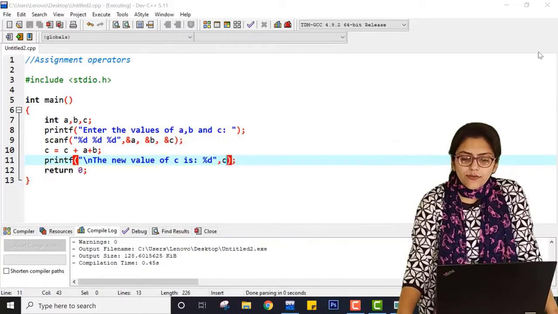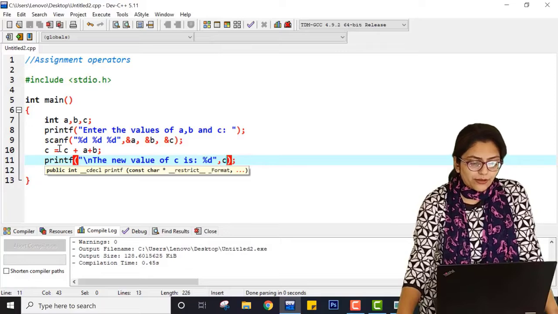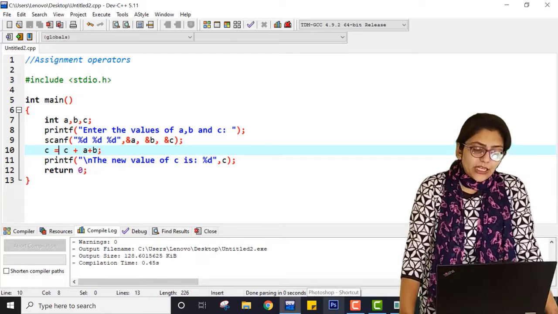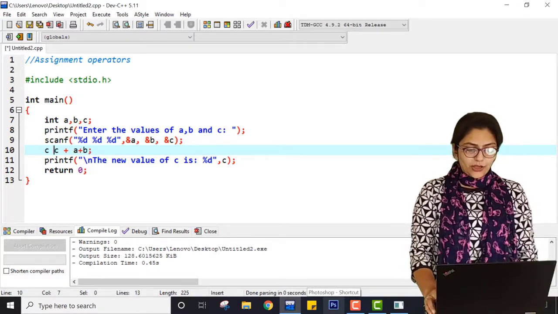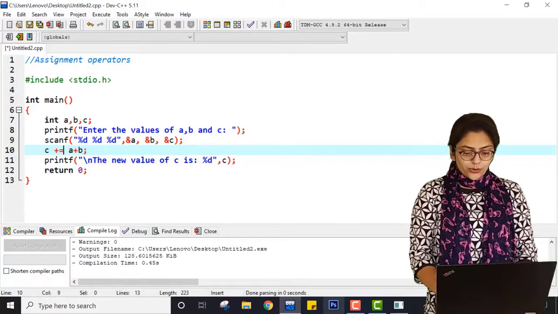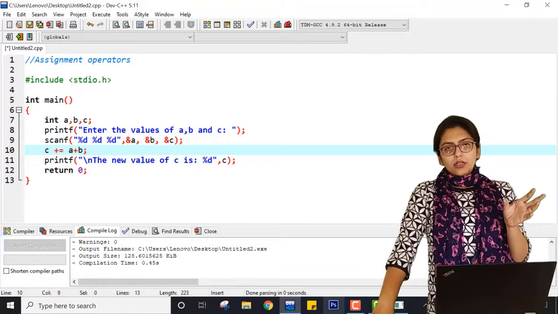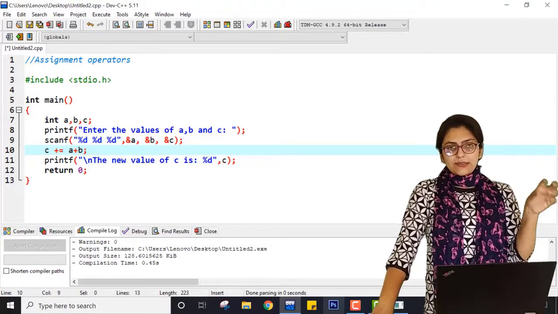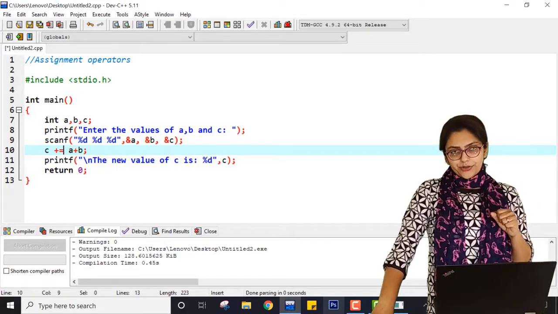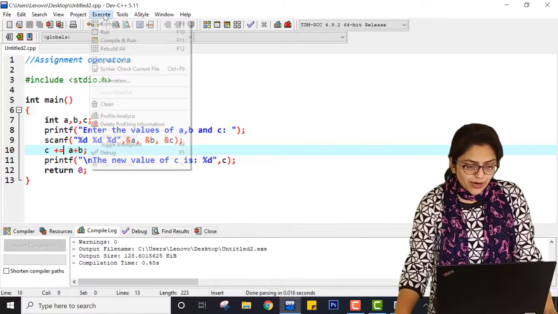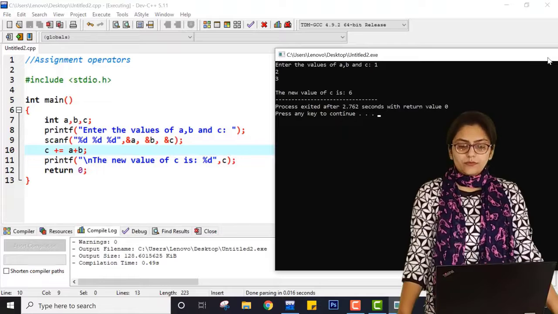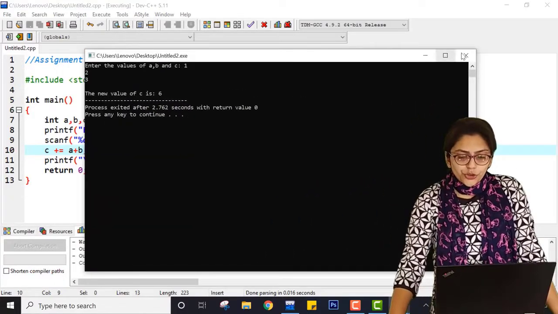You can see this. So this is a very general program without using any shorthand operator, where equal to is the assignment operator. But C provides the facility of using a shorthand operator. So instead of writing C repeatedly, you can write plus equal to. Whenever the result variable is repeated, here C is repeated on the LHS as well as the RHS, at that time you can use shorthand operators. If I save this program and run it again with the same input, you can see there is no difference, right? So you can use shorthand operators.